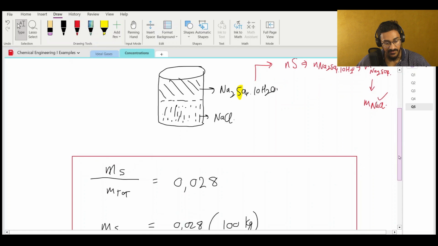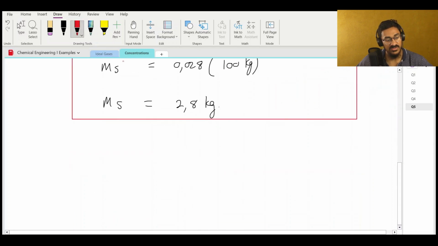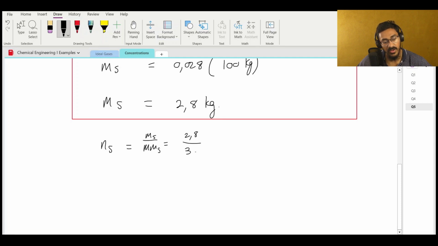So let's begin. Okay, I know what the mass of sulfur is. Converting mass into number of moles is very easy. Remember that the number of moles of sulfur is equal to mass of sulfur divided by molar mass of sulfur. So that's 2.8 divided by 32. And this is why you prepare the example beforehand. That gives you 0.0875